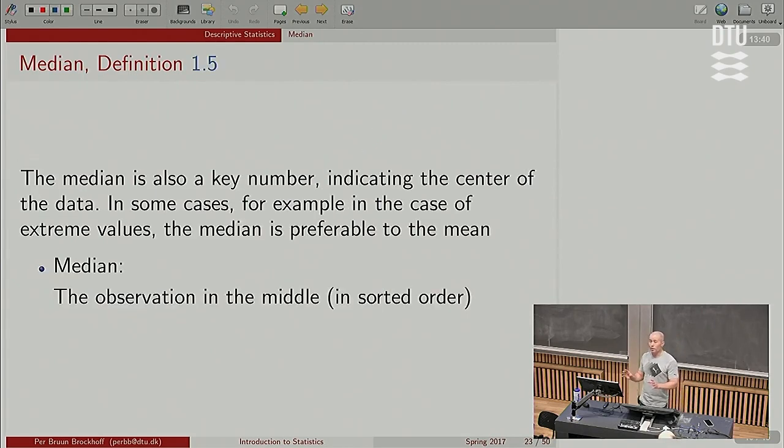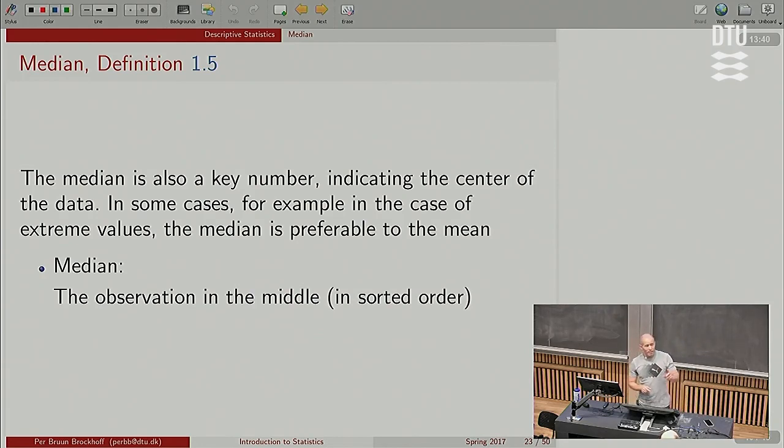The other measure of centrality, of the middle place of data. Envision, when I speak about this, envision that I have a data column of maybe 100 or 1,000 or 1 million data values in front of me, and I'm going to tell the story about these data by some few summary statistics. The first one I would find out would be the mean. The next one could be the median.